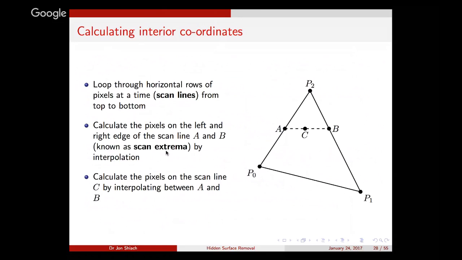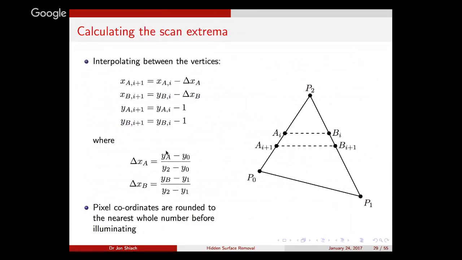So that's how we calculate the interior pixel coordinates. Remember, we have to do this for x, y, and z, because we need that z value for the z-buffer. Okay, what about the mathematics? Well, you've got to remember, we're starting at the top and going down in whole numbers. We're going down pixel by pixel each time. So that means